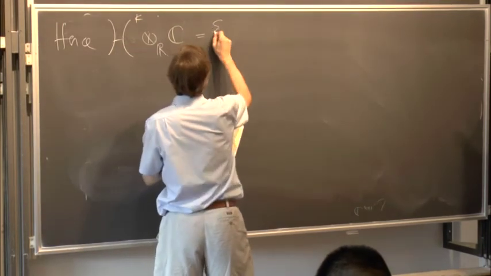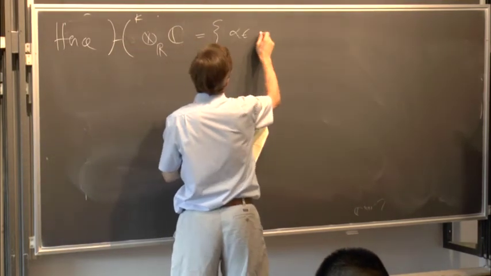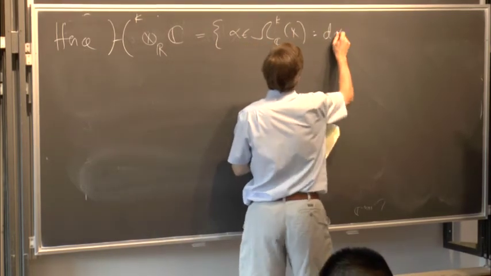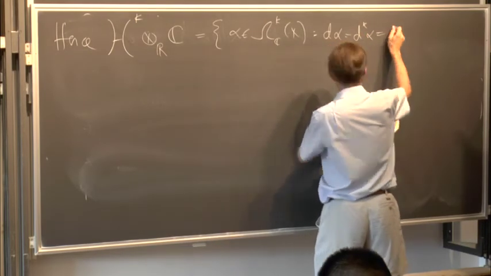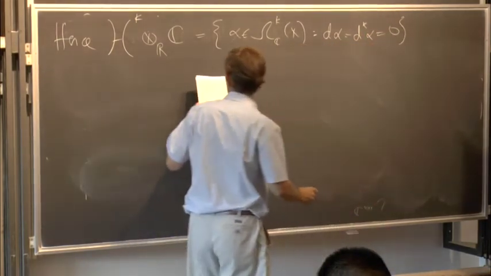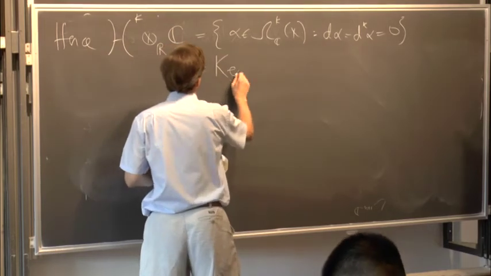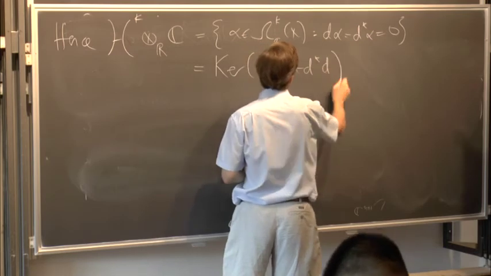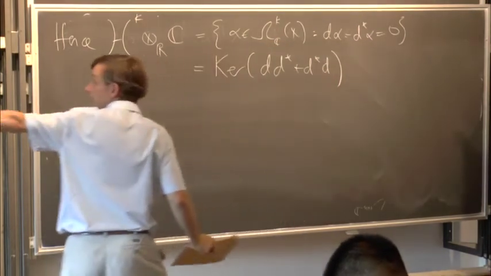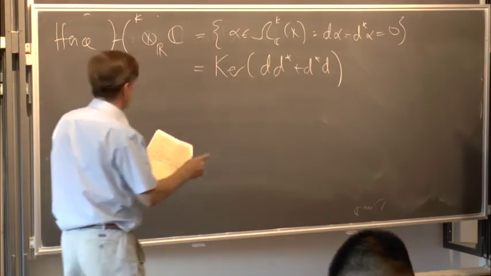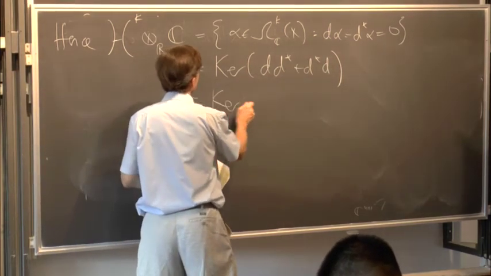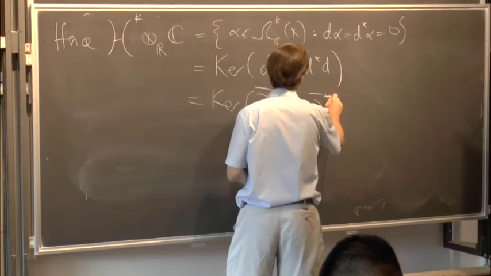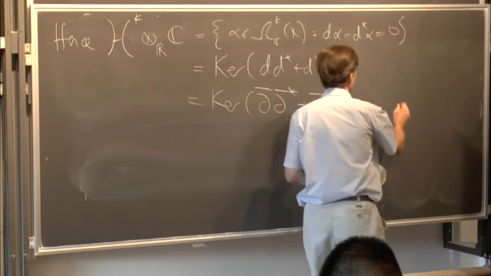This is the set of alpha in the complex k-forms on X with d alpha and d star of alpha equal to 0. This is the kernel of d star d plus d d star, because of this L2 norm argument. Now this is the kernel of the d bar Laplacian by the Kähler identities,